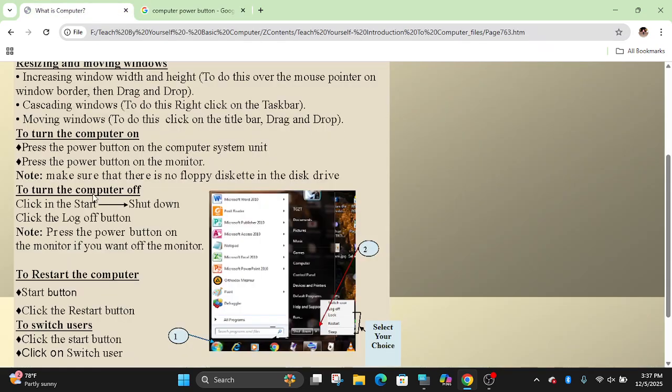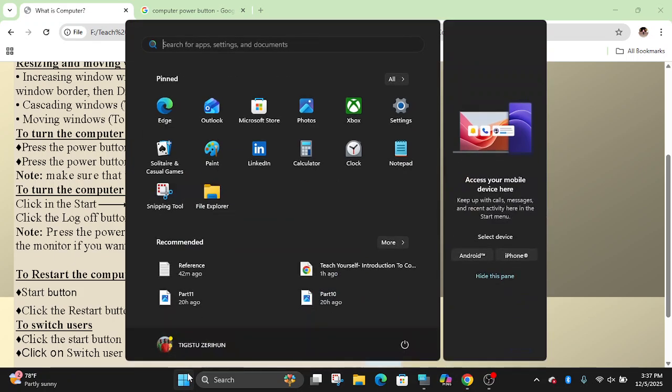To shut down or turn off the computer, just use the start button. Then here is the power button, in the graphical user interface, with the button symbol. Click once and we have options. If you want to restart, choose restart. In case of corruption or when the system is busy, we can restart to refresh.